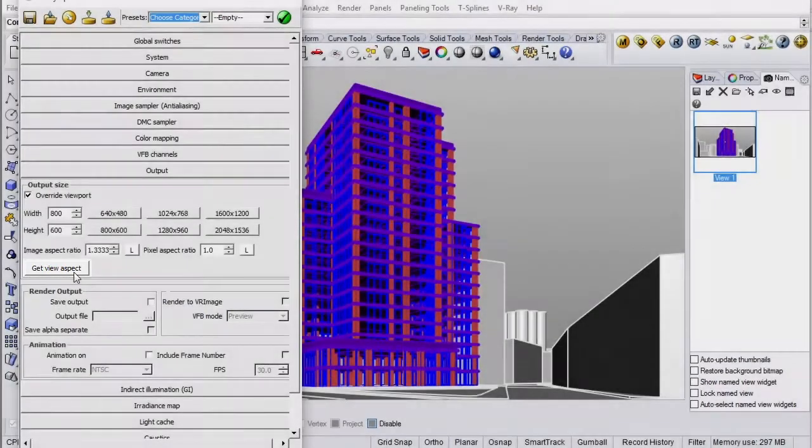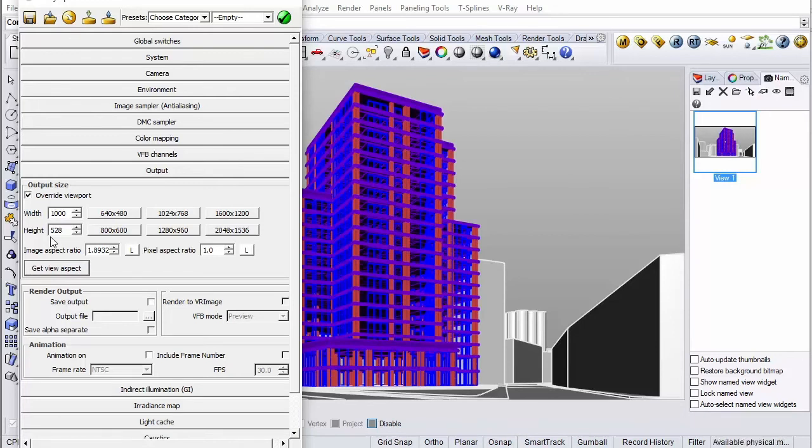And it'll set it to that proportion. So 800 to 422, it's reading that off my viewport. If I wanted to have a larger resolution with the same aspect ratio, just set this to 1000, say, click Get View Aspect again, and then that'll change the proportion.